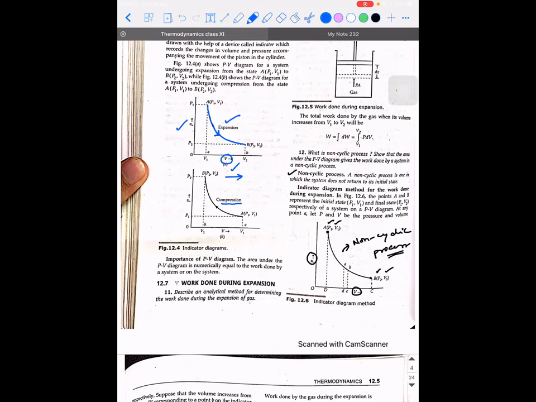If suppose the same arrow mark is drawn towards the origin, then I will call it compression, because the process is starting at A and ending at B in this case. Right? In the second case, it is starting at A and ending at B. And in which direction is it going? It is going in the direction of decreasing volume. So it is a process of compression. Am I clear with this point?